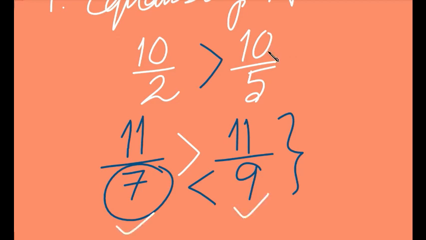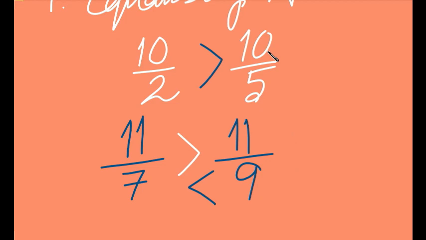So if the numerators are the same, what do we need to do? We just need to check the denominator. The fraction which has the smaller denominator is greater than the other one. Is it simple? Quite simple, right? I know, but we need to test it also.